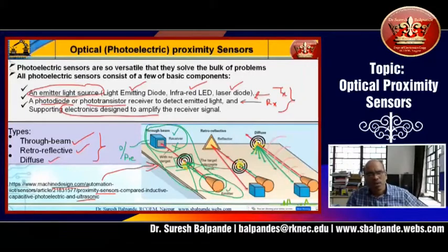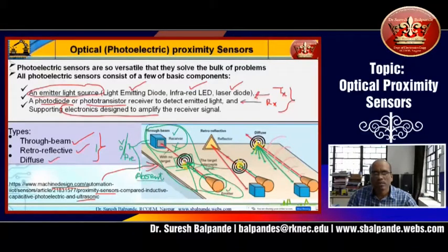You can program accordingly, no issue for the PLC. You can program it for 0 meaning present and 1 meaning absent, or vice versa. That's not an issue, you can just invert the logic. In one case you will get 0, and in another case you will get 1, and from that 0 and 1 you can identify whether the object is present or absent. Here we are talking about the digital output only, because we are not using these proximity sensors for any kind of measurement.